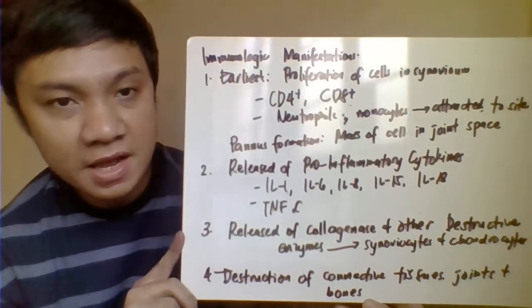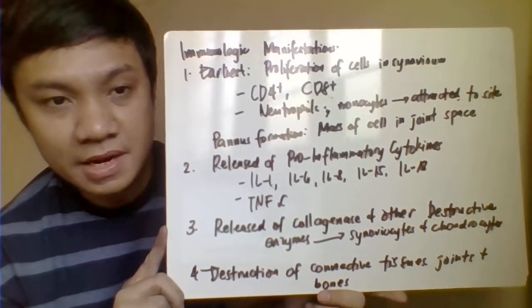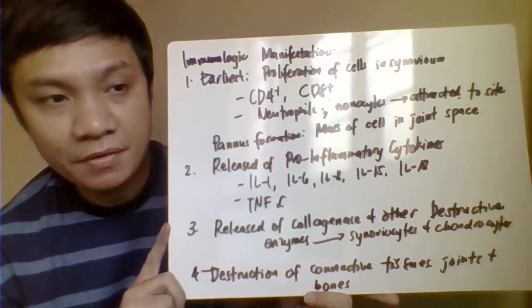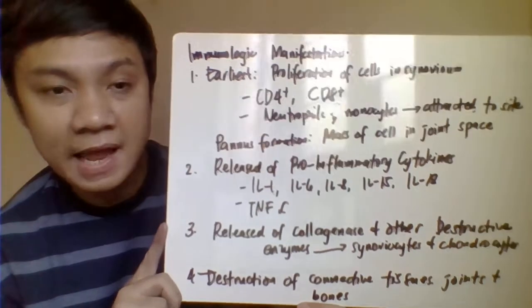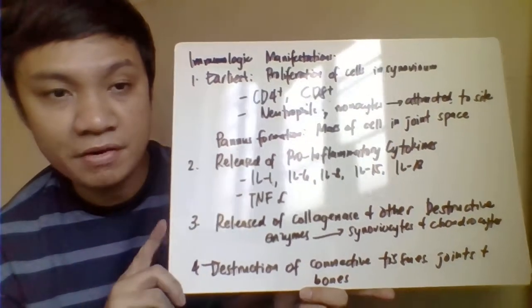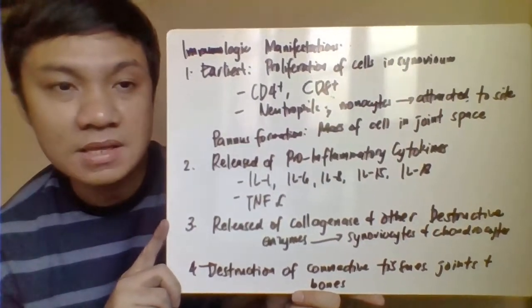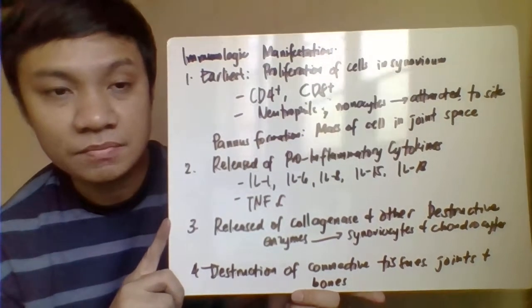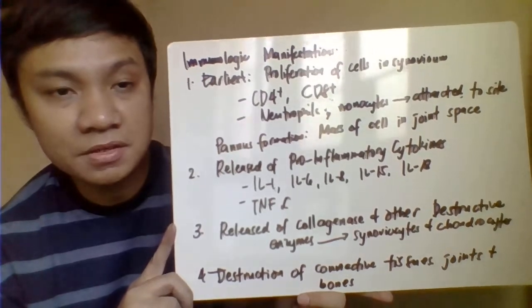Okay, so we have here the immunologic manifestation. The earlier stage of rheumatoid arthritis is characterized by the proliferation of CD4 and CD8 positive cells in your synovial cell lining, which eventually also allows the attraction of phagocytic cells that accumulate in that area. Once they accumulate there, they cause an inflammatory reaction